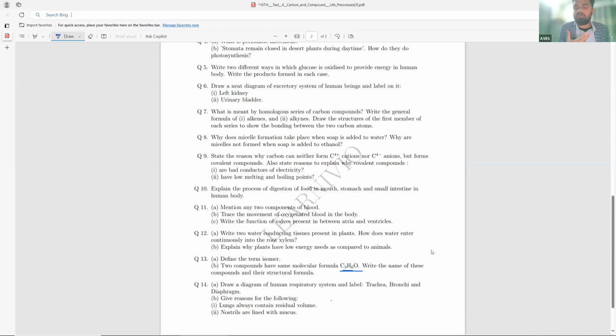The function of residual volume is that it helps continue the exchange of gases in the lungs and alveoli. Okay, you understood now? Tell me. Understood? Yes, sir. Is there any doubt? If you are not asking your doubt,